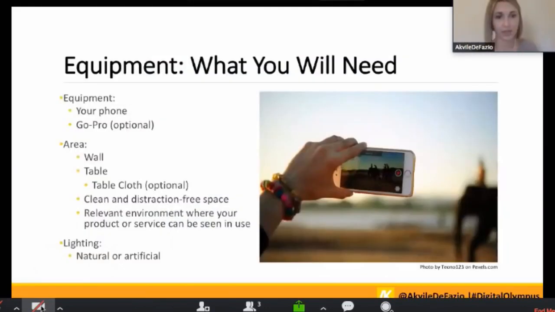In terms of equipment, at bare minimum, you will just need your smartphone. And if you're looking for something a little more focused on video, GoPros are also in the affordable range, and they have a fantastic app for editing their videos called Quick. And if you have somebody that has a very nice DSLR camera and is willing to lend it to you, or if you'd like to go a little higher quality, that is an option.